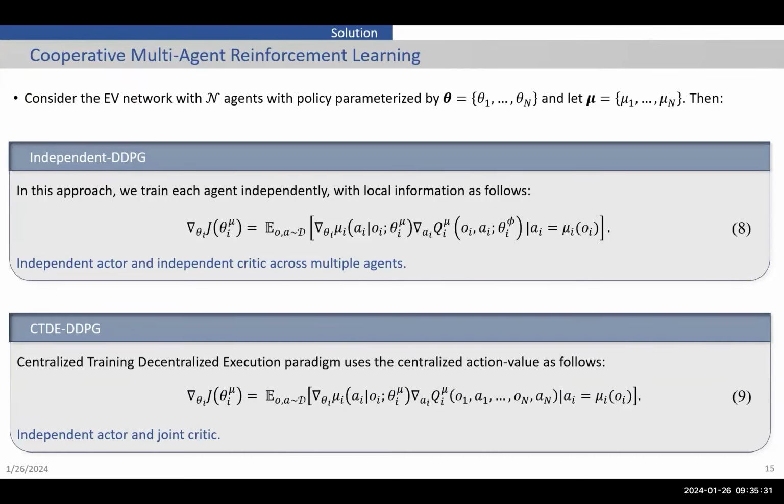Okay. So the other one is the CTDE. There is a powerful framework in multi-agent reinforcement learning that says that you can assume you have information exchange during the training, but during the execution, there is no information exchange. So centralized training, decentralized execution. So we can assume we have some global information exchange between the agents during training, but the execution is different.